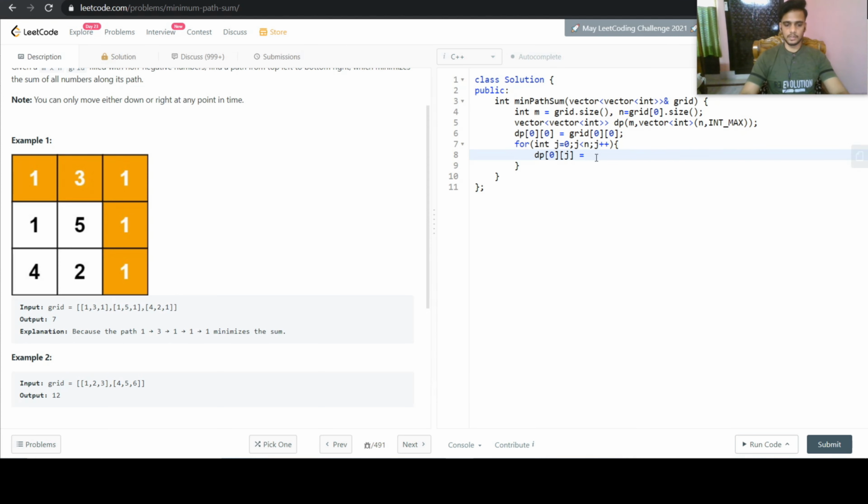It will be equal to dp of 0 j minus 1, that is whatever cost we incurred before, plus the cost of that block.